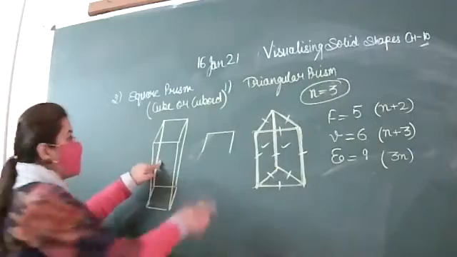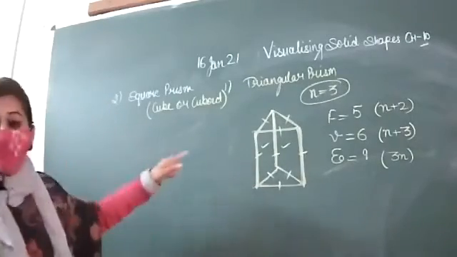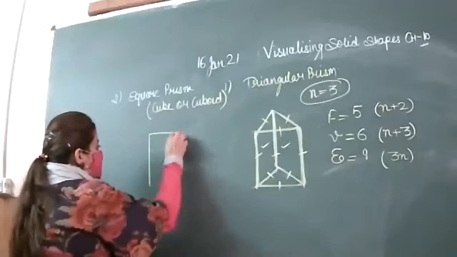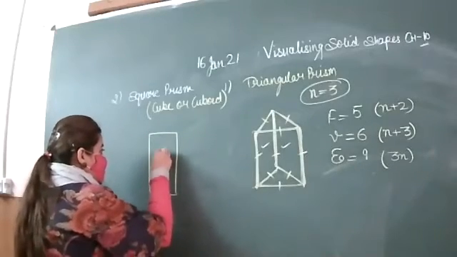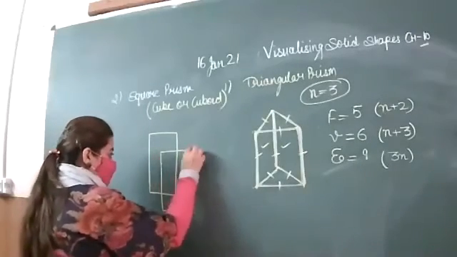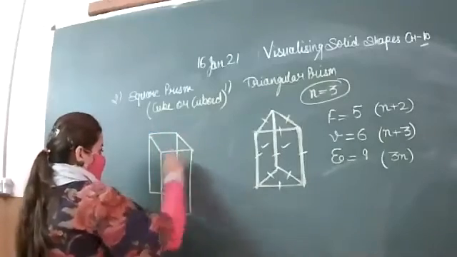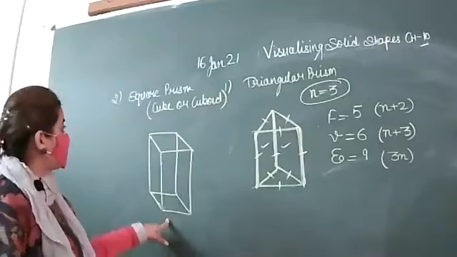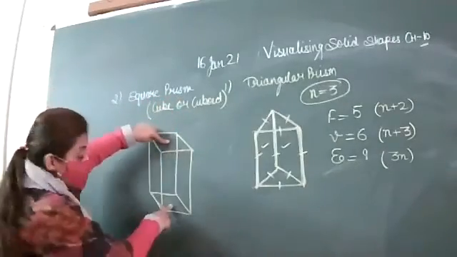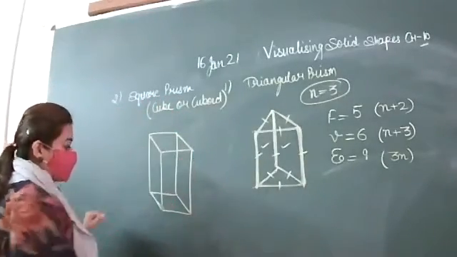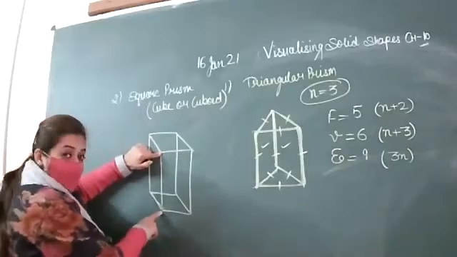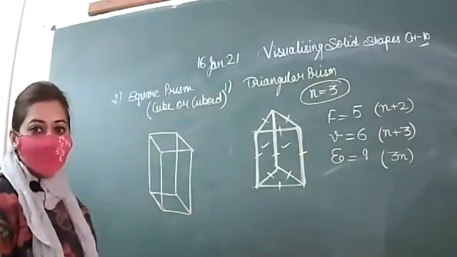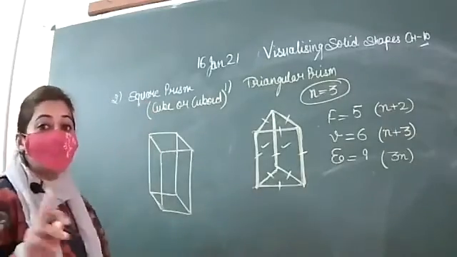So instead of drawing like this, as you can see, square prism is also called a cuboid. So you can easily draw a cuboid here so that we can get the correct figure. Is it okay, beta? So this is your square prism. These two are squares and we have joined them. Got it? This lower one is joined with the lower one and upper one is joined with the upper one. And in the same manner, both these are joined. Got it? So now one more thing.